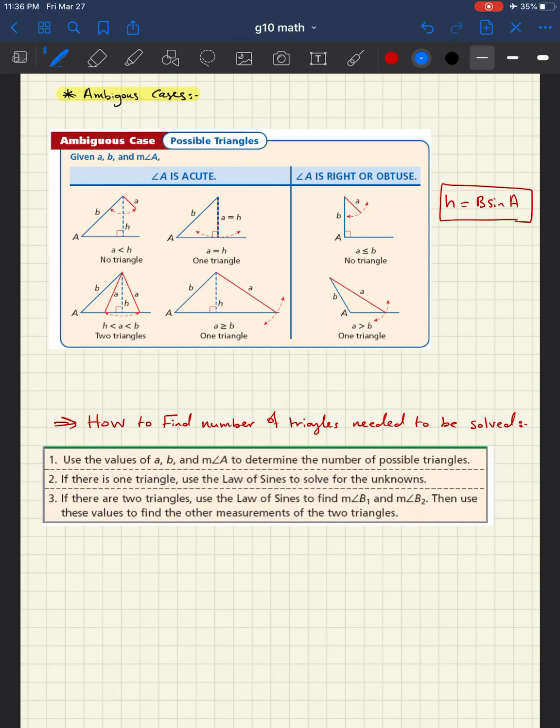يعني ممكن أسألك حل المثلث ABC بس within the specific parameters أو specific data اللي أنا أعطيتك إياها هاي الداتا would not create a triangle. الداتا اللي أنا معطيك إياها الأرقام اللي حاط لك إياها ما بتعمل مثلث، فبكون جوابك ما في مثلث أحله. How would we discover that and how would we know that we're dealing with an ambiguous case؟